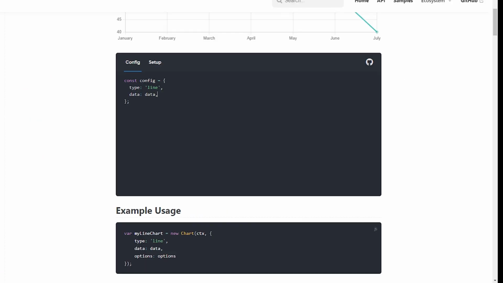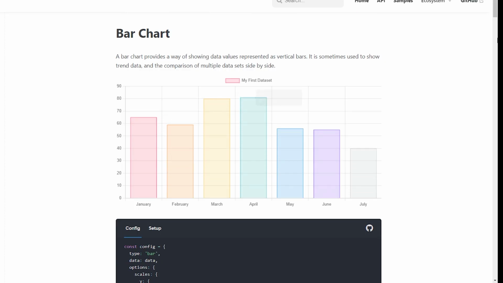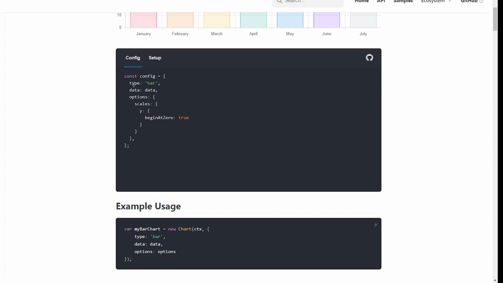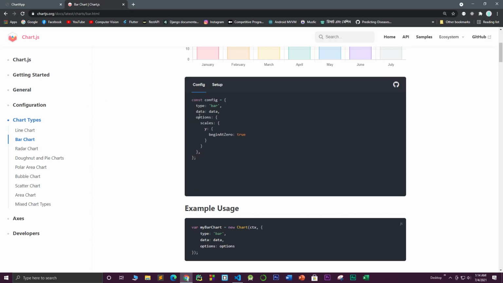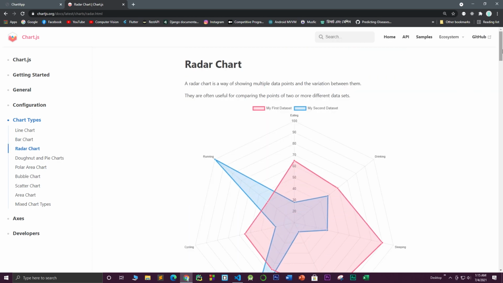Okay, then we have a bar chart that I have used. As you can see, its type is bar chart, and you have your data, labels, options, and scales. All of those things you can use dynamically. It has a type, it has dynamic data, it has labels, it has options. I will suggest you see everything on this Chart.js website to learn the documentation, to learn further, better,